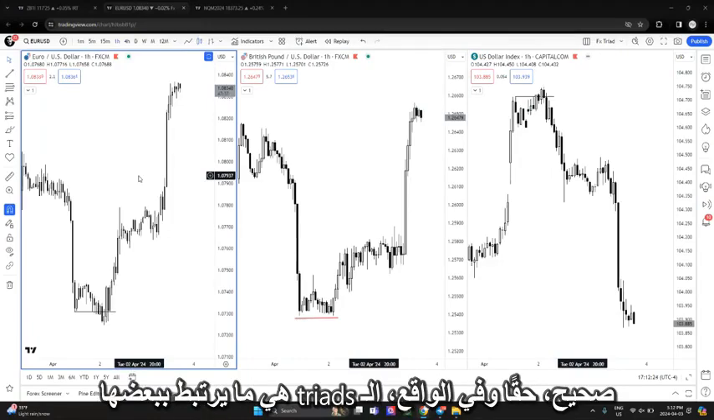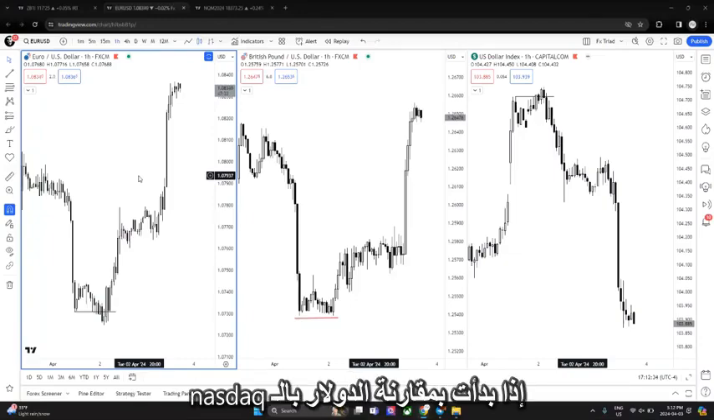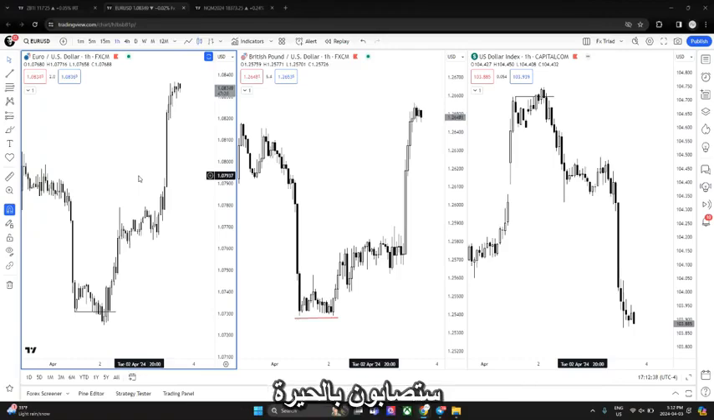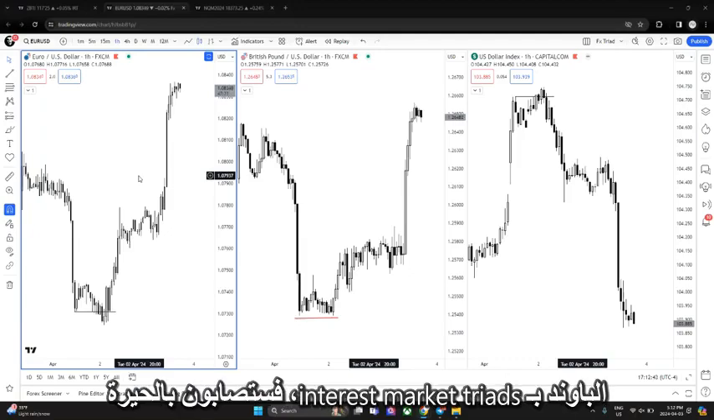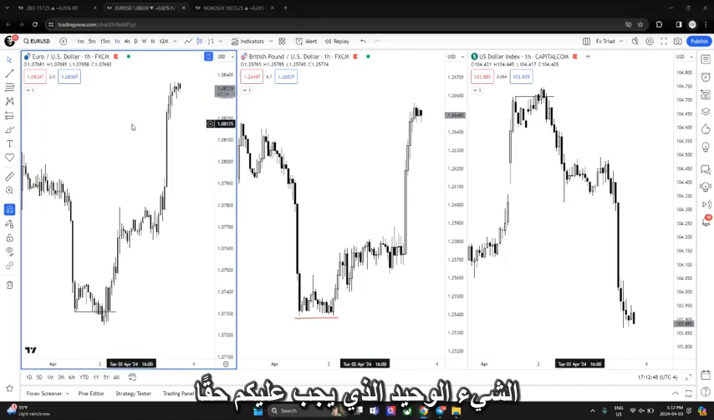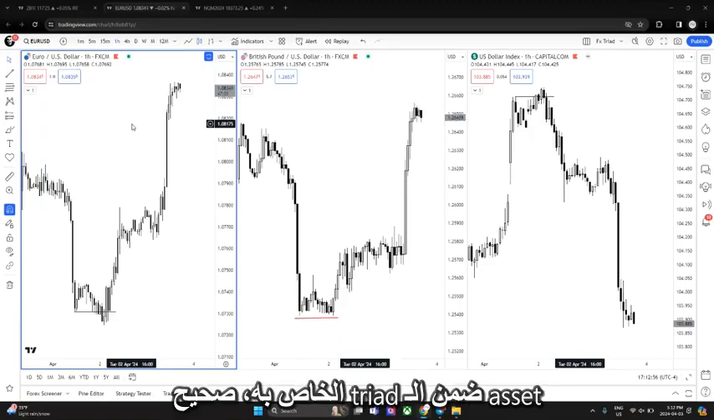Really and truly, the triads are what relate to one another. The triads relate to each other. So if you begin to compare the dollar to the NASDAQ, you'll get confused. If you begin to compare, for example, the pound to the interest market triads, you're going to get confused. The only thing that you should really be comparing with one another is each asset within their own triad. What you should look for